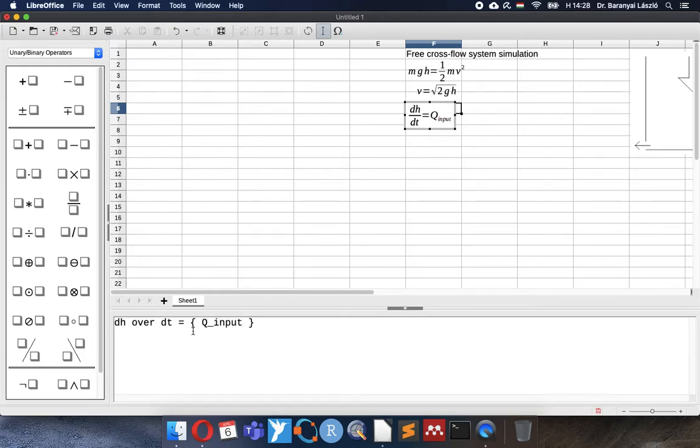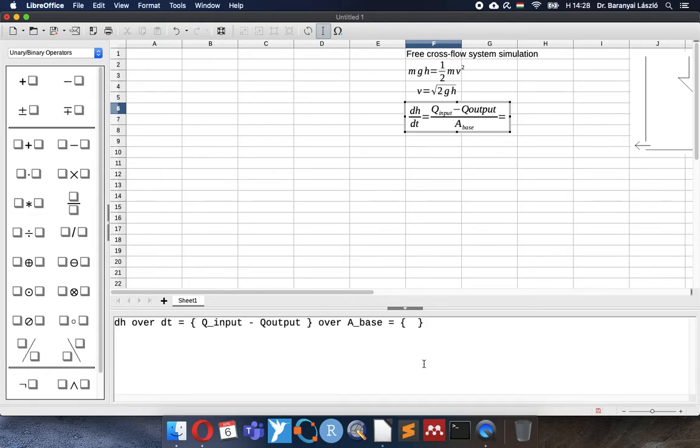So the input stream minus output stream divided by the base area. The base area will be here at the bottom of the buffer tank, and combining the two